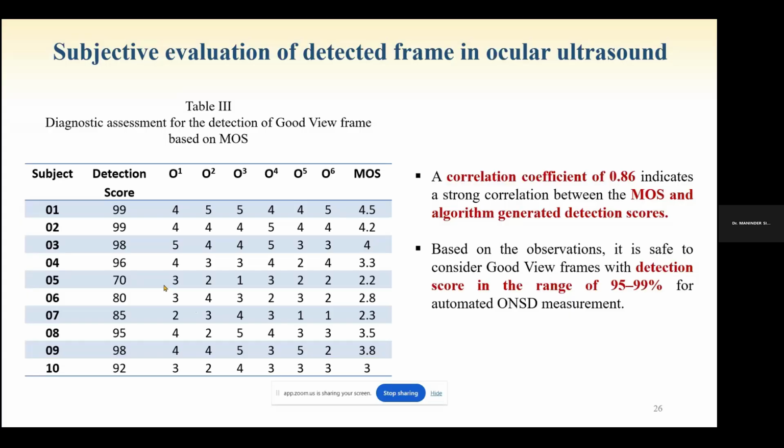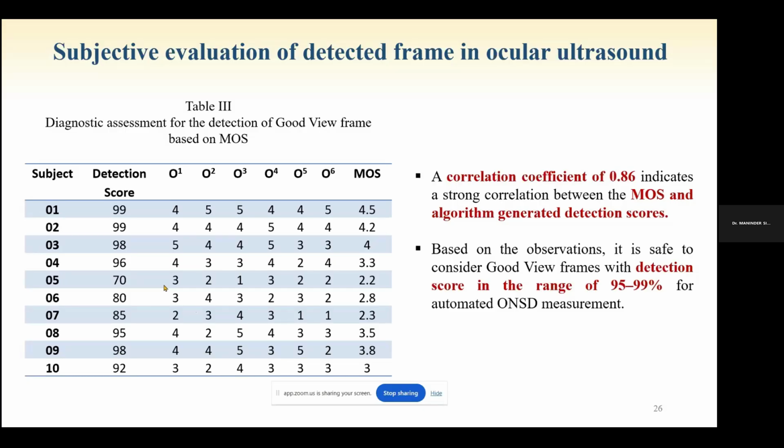Then we did the subjective evaluation. We had two researchers and four clinicians for obtaining the mean opinion score. We considered different cases, and for whatever detection score we obtained, we took the manual opinion from the people, found the mean opinion score, and then correlated it with the generated detection score. So we got a correlation coefficient of 0.86 for the best score,